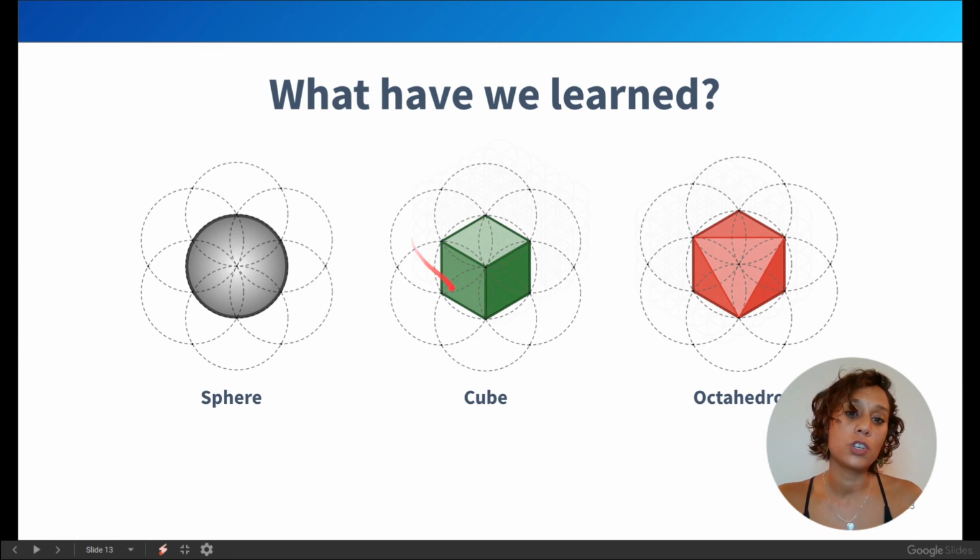Now, when it comes to a cube, it makes sense to work with a cube because we're here and this is how we perceive reality. But there is a missing link in how this cube actually comes into existence. I'm not going to tell you today, but I'm going to give you a hint.